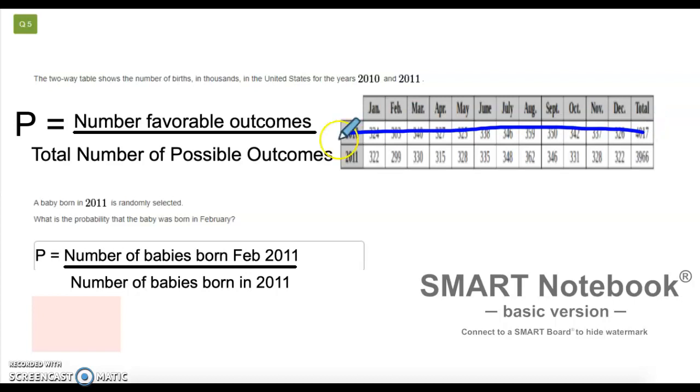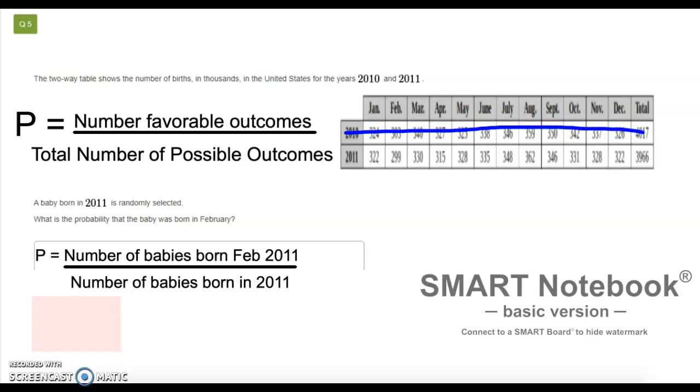So when we're finding our probability here, the number of favorable outcomes, what we're looking for is the number of babies born in February of 2011. So that number is going to go in the numerator of our fraction. And then in the bottom, you put the total number of possibilities. Well, we already know that the baby was born in 2011. So the number that's going to go on the bottom of our fraction is the total number of babies that